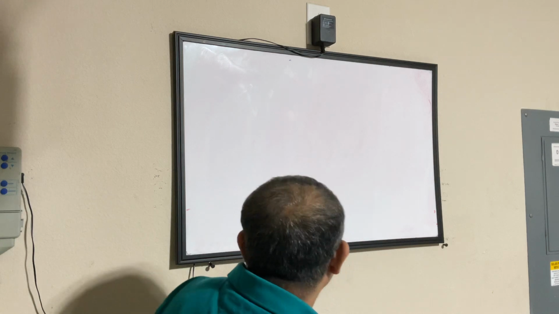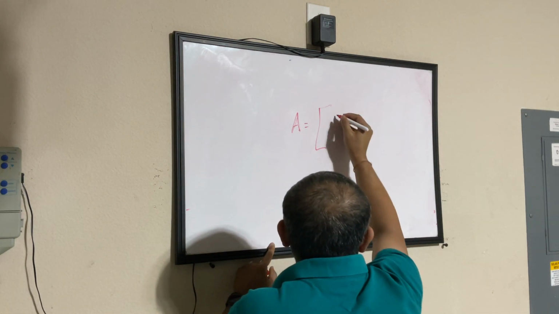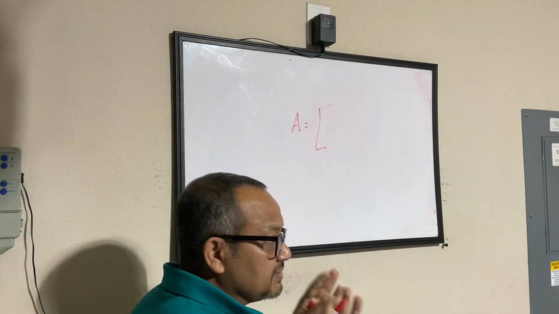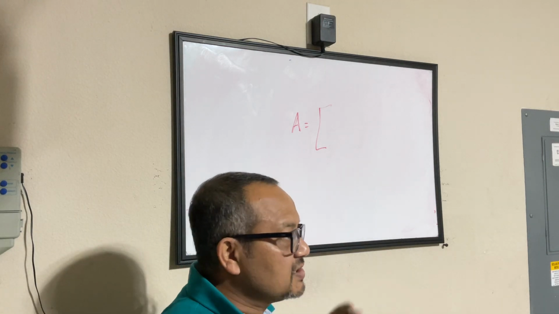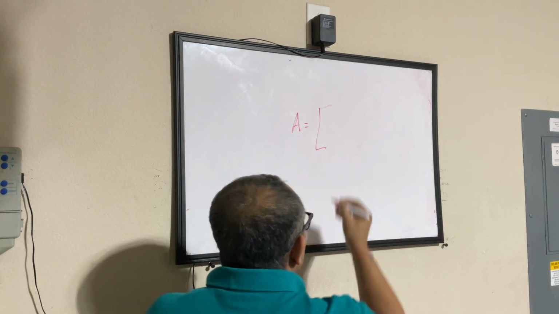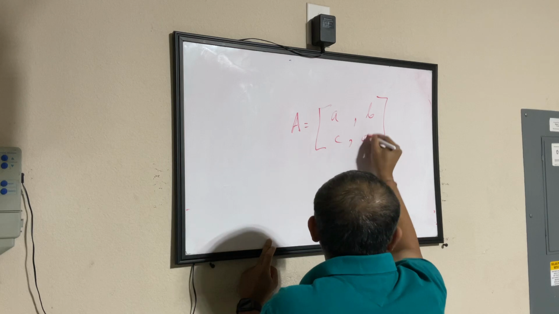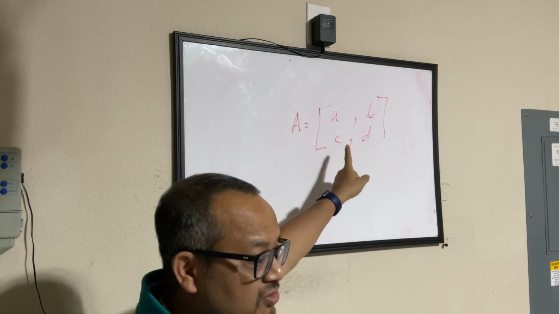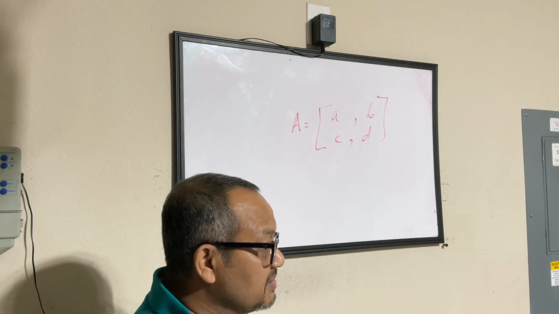Let's talk about a determinant of a matrix. If I have matrix A, and for the sake of simplicity, I will focus on a 2 by 2 matrix. That pretty much covers the boundary of what you need to know. So if I have matrix A, which is a 2 by 2 matrix, meaning 2 rows and 2 columns,